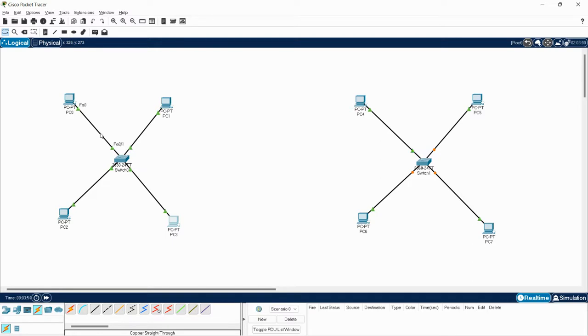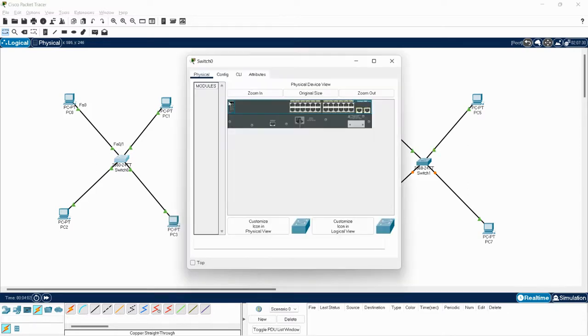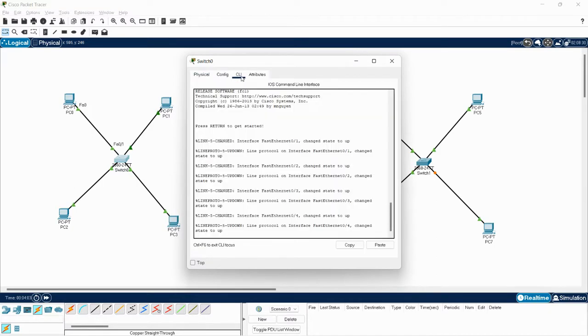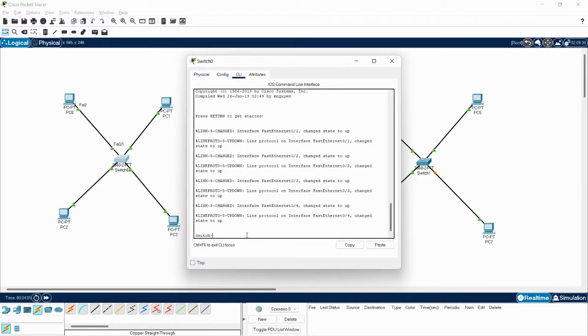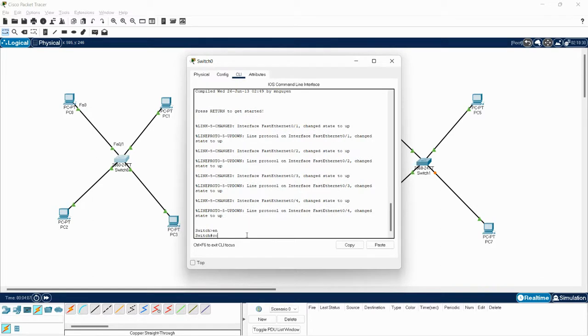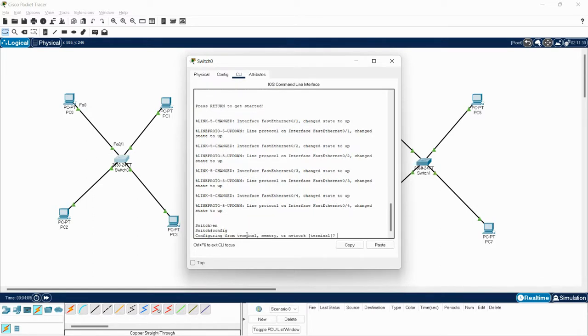Let me run the commands and programmatically connect these virtual machines to the switch. To do this, I'm going to the CLI of the switch and I'm running the following commands.